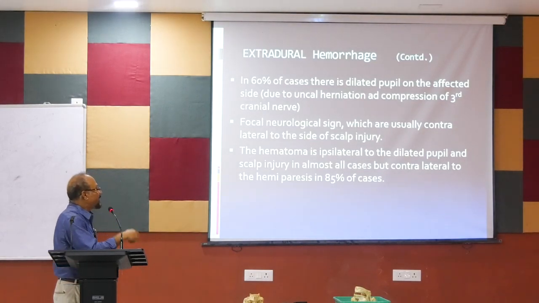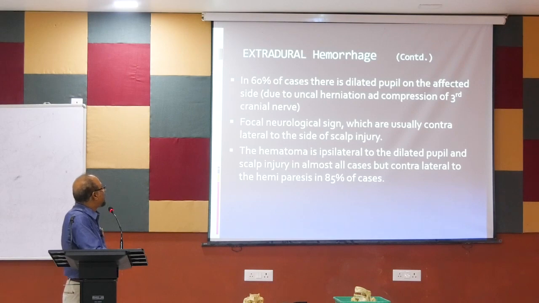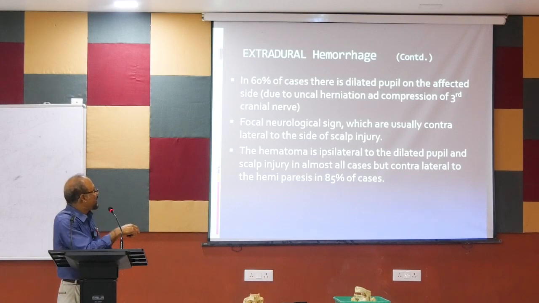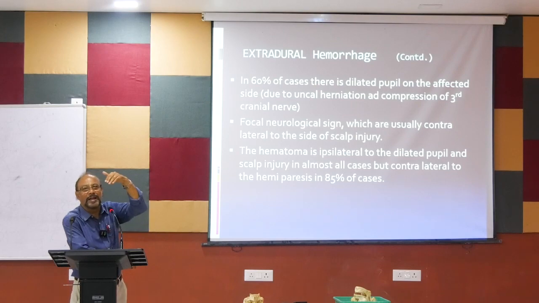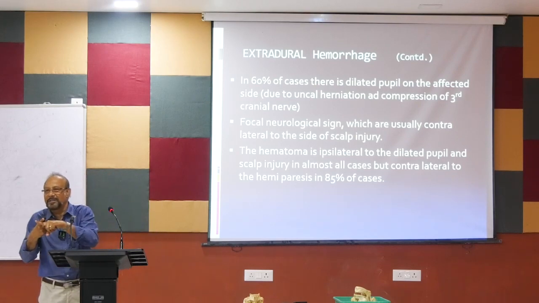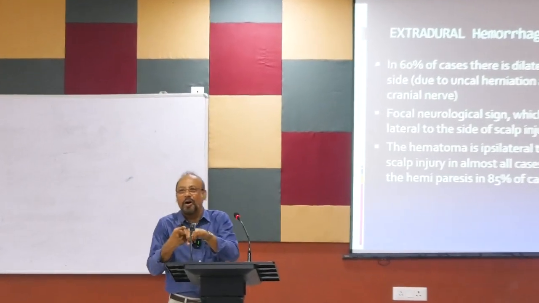In 60% of the cases there is a dilated pupil on the affected side due to the uncal herniation. এটা একটু পরে, unless you read all these things. Because you are very short of time: focal neurological signs, which are usually contralateral to the side of the scalp injury. মানে এদিকে চোটটা লেগেছে, অপোজিট সাইড প্যারালাইসিস, সেন্সেশন। কারণ অ্যাকচুয়ালি ব্রেনের, you know, দিস থিংস ব্রেনের অপোজিট সাইডে সব প্রসেস হয় তাই না? একটা সাইডের সেন্সেশন আর একটা সাইড আছে। Hemiparesis or the paresis, if it occurs, that is contralateral, means opposite side. এ হবে opposite side paresis।